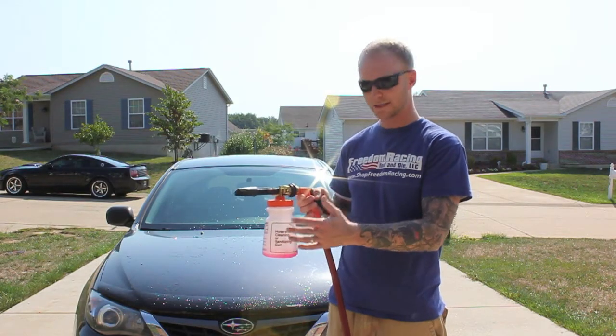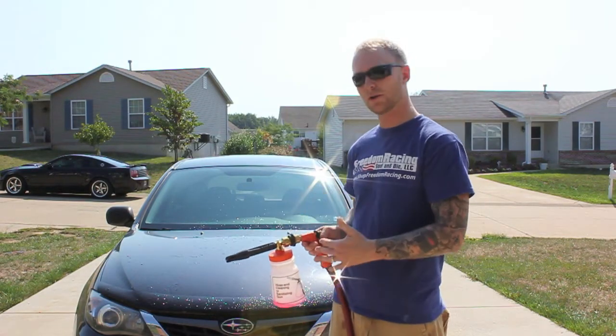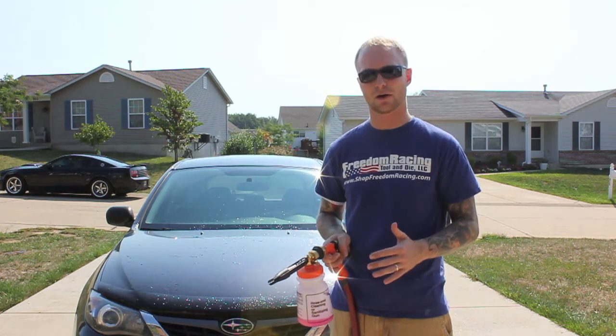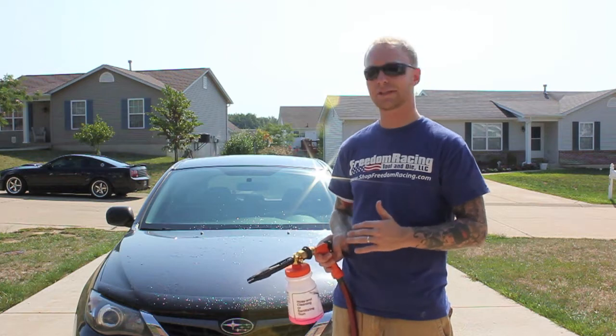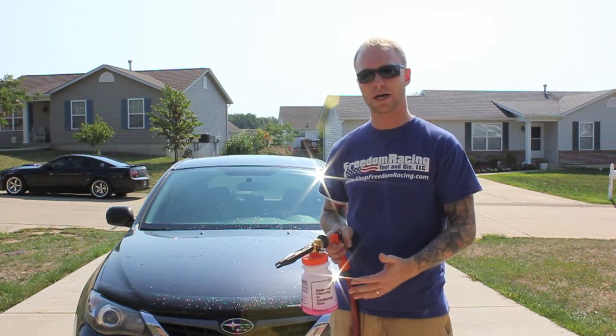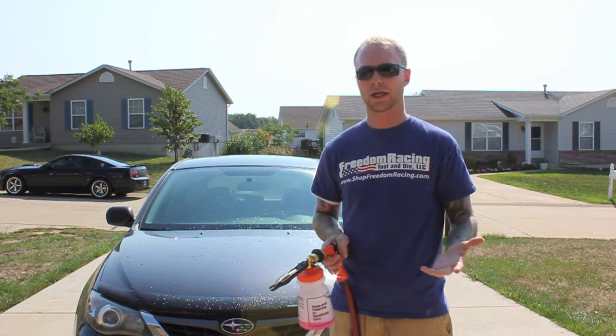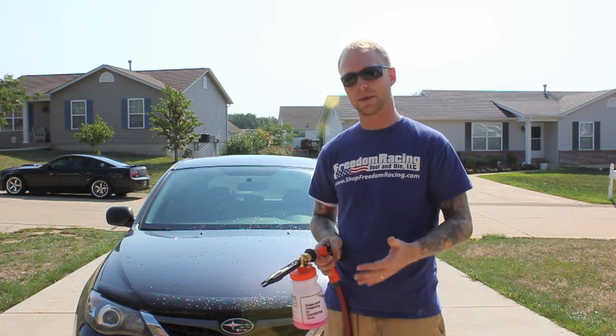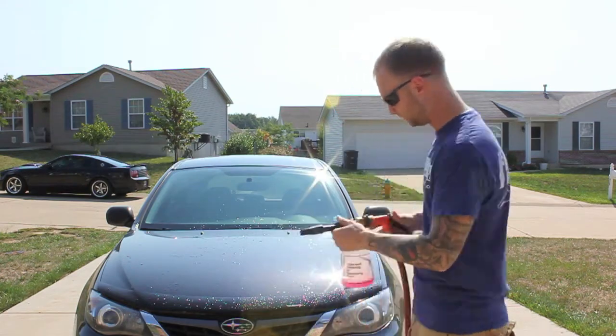Alright, now I have the Iron-X and the foam cannon. We're going to go ahead and spray it on the car and let it soak for a little bit. You'll see it kind of change colors while it's eating everything off. Now normally you would not do this in the sun because you don't want this to dry, you don't want the paint hot, but I don't have access to shade right now, so we're going to do it quick and make it happen. So as you can see here,